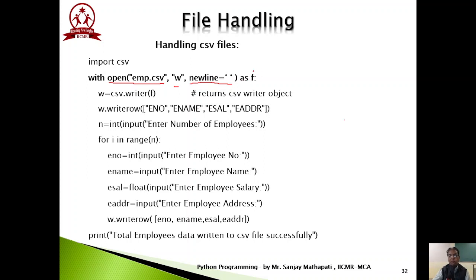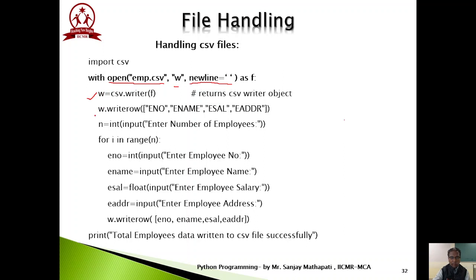Now we have to create a CSV writer object. If I would like to write something into the specific file, then I have to create the CSV writer object. So csv.writer, with the file object passed to it, and the name of the object. Through the writer object only I can write the data.